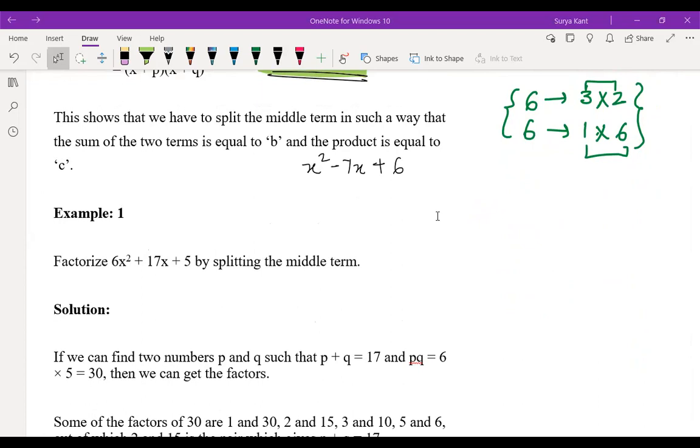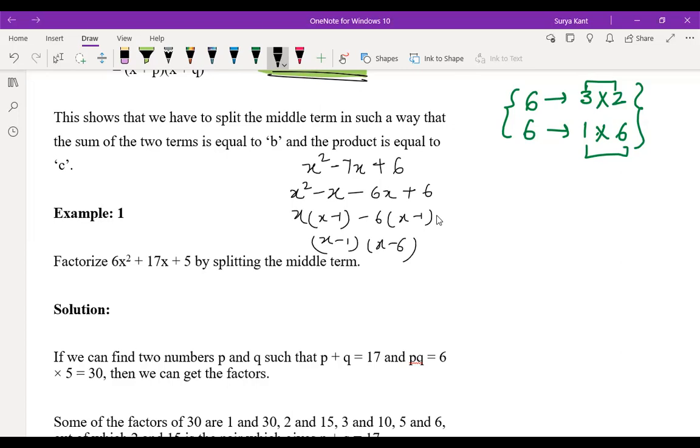Sir, it's minus 1x into minus 7x. No, sir. Minus 1 into 6, sir. Yeah, minus 1 into 6x. So minus x, right? Don't write minus 1x. Minus x, minus 6x. Very good. So x common, x minus 1, minus 6 common, x minus 1. So x minus 1, x minus 6. Understood? No? Sai Charan?